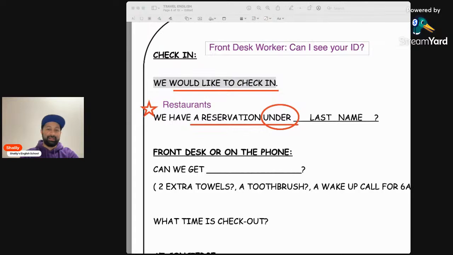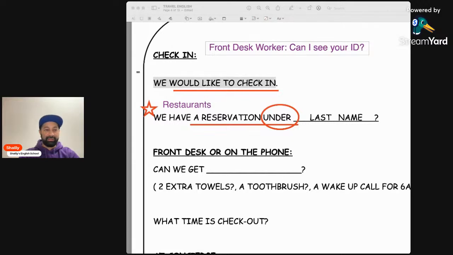ID here means identification. So you just hand them your passport or your driver's license or whatever. Other than that, there's not a lot of communication. They're going to type in your name. They're going to give you a room key, and they're going to say, welcome to the hotel.